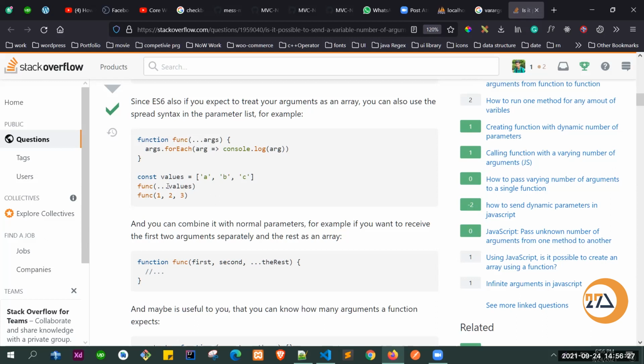This way you can pass 1, 2, 3, whatever number of values. If you pass 1, that will work. If you pass 1 2, this will also work. If you pass 1 2 3, this will also work. This is called a variable type argument, so you can pass any number of arguments as parameters. That's the thing, so we'll do this.